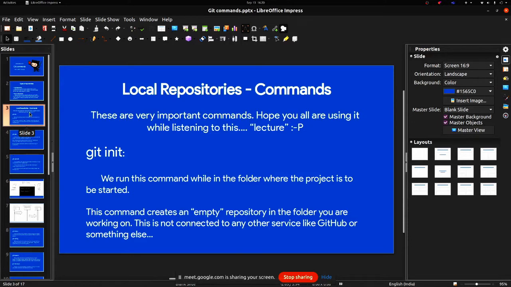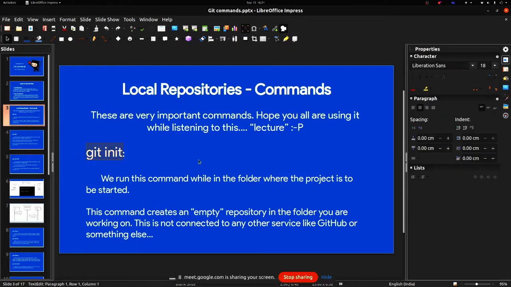But if you are unable to because of connectivity issues or any other reason, since this session is being recorded, you can try it later. You need to have a grip on these commands because these are the core commands. So the first thing is called git init.